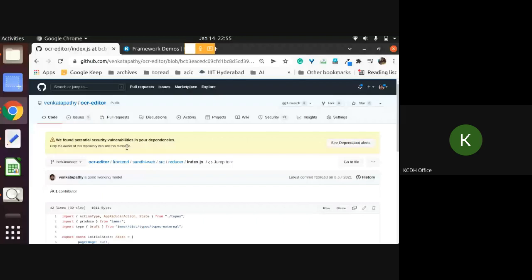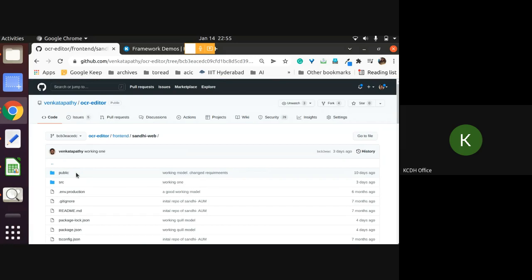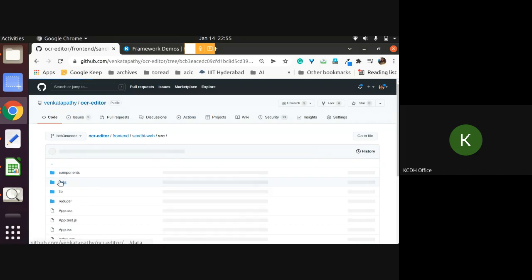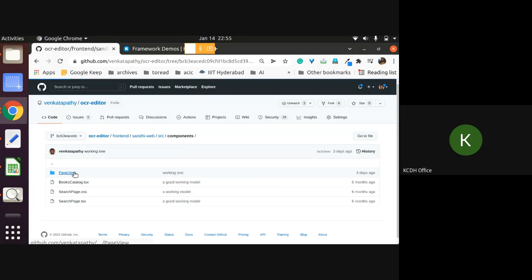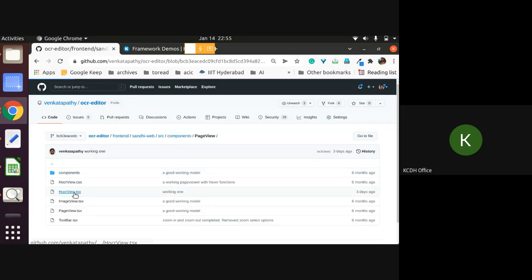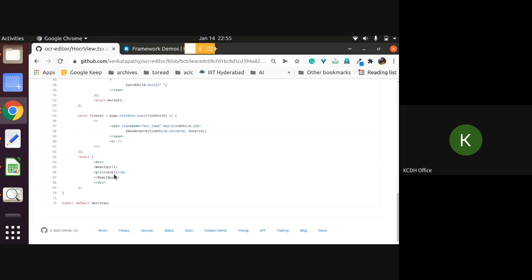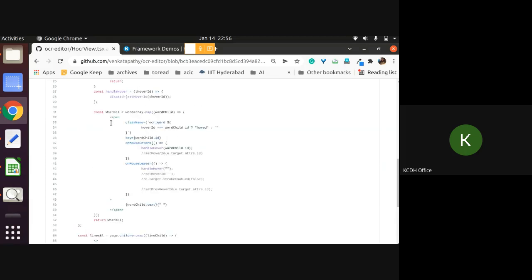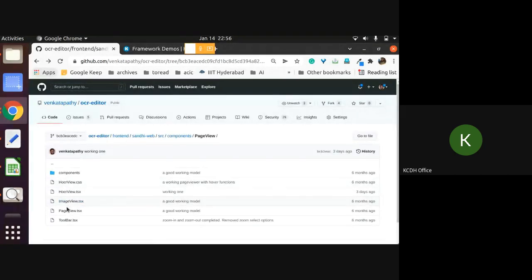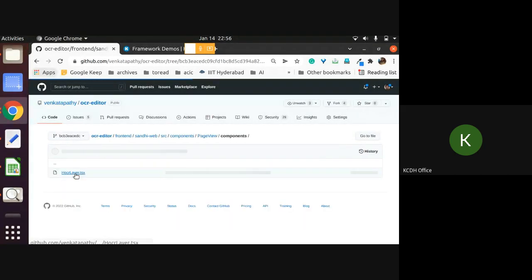I think at least this gives you an understanding of the components, right? Where exactly to go, especially for Prakriti, Ishit, and Varun. If you're going to work with React, and if you wanted to make it editable, basically what you need to do is go to components, page view, and HOCR view, and change here. Here is where all the changes need to be done, and based on whatever you change here, maybe the rest of the places will need some changes. So the two places we will be working on are page view, HOCR view and HOCR layer.